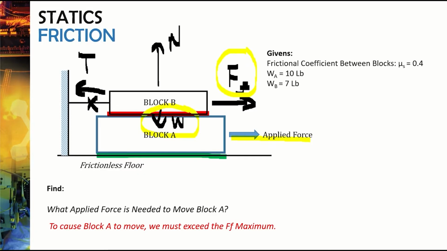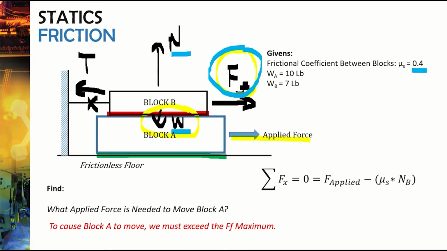Now, the force of friction in the top block, remember, is μN. So this force of friction is going to require two things, and that's why I'll circle it in blue. The two things that are going to be in that force of friction equation are 0.4 and N. And we can see that N is really just W.